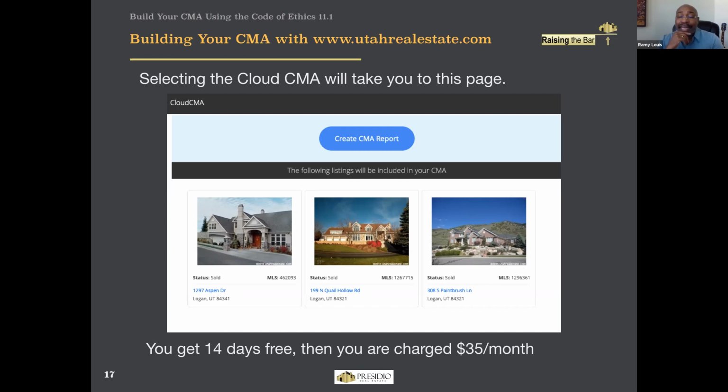It is actually an absolutely beautiful tool for presenting the CMA that you build in the base MLS. As you transition all of the comparable properties into the Cloud CMA, it really gives you a whole new level of presentation that's just really beautiful. I mean, professional, it is clean, it is slick, really cool. Yeah, I think eventually it will just become free to everybody. That's what I think they'll do. At the moment,